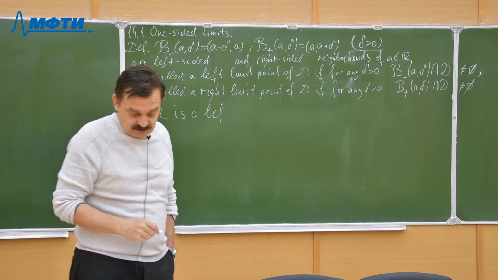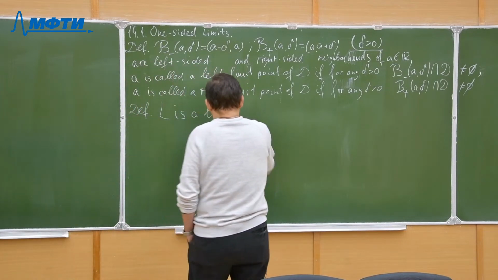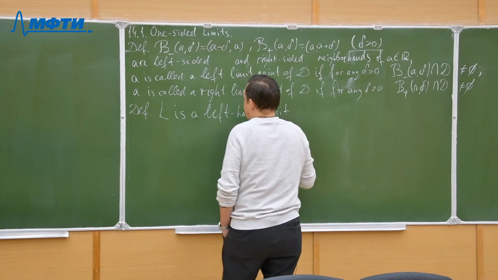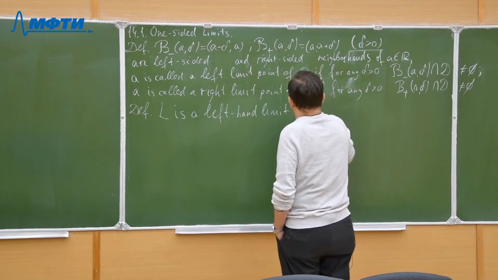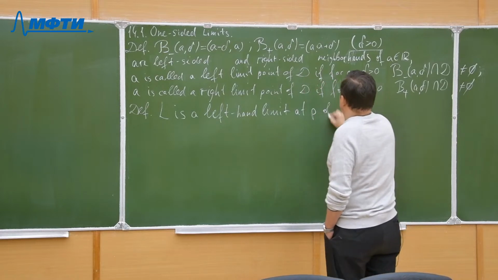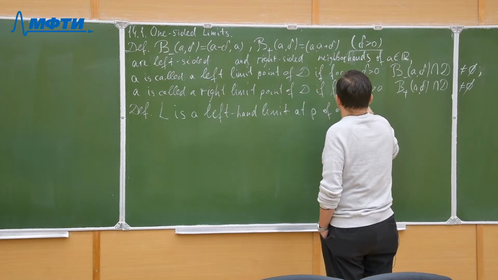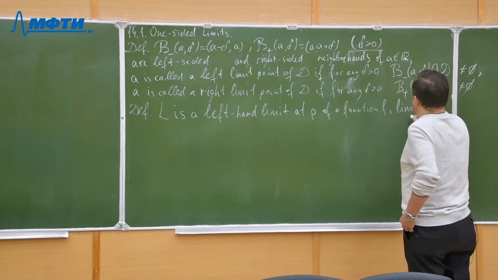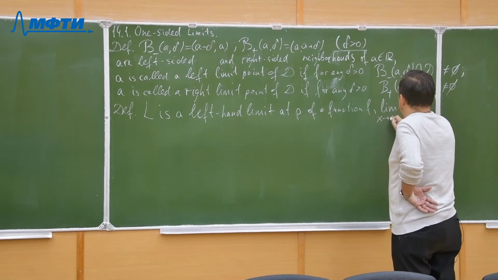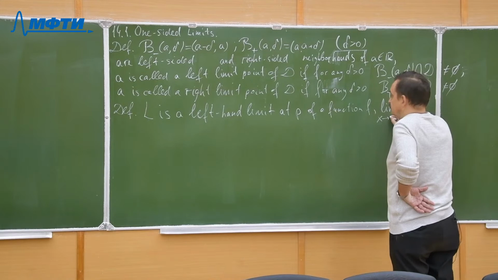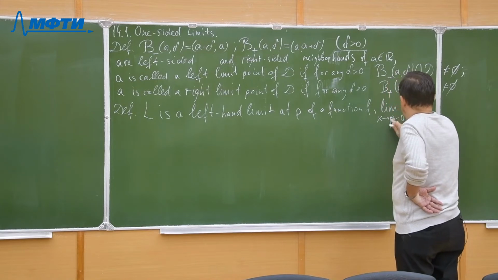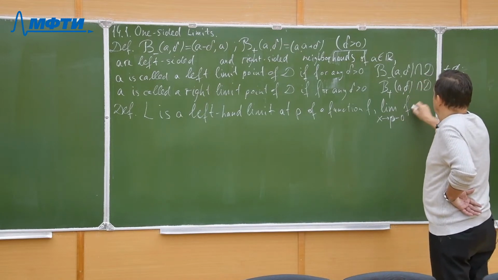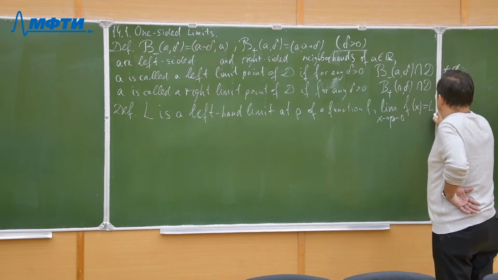We call it the left-hand limit at p of a function f, and it is written as limit as x tends to p minus 0 of f of x equals L if